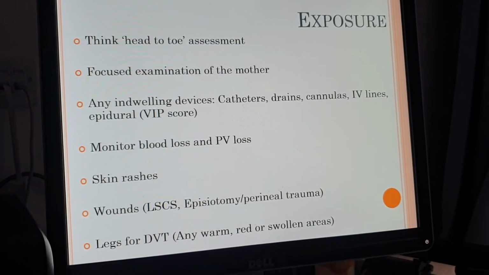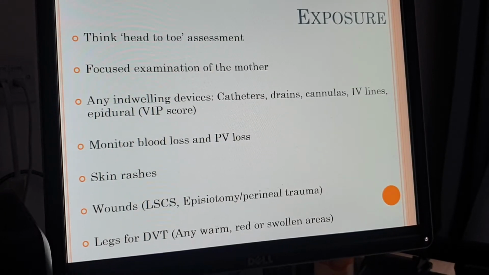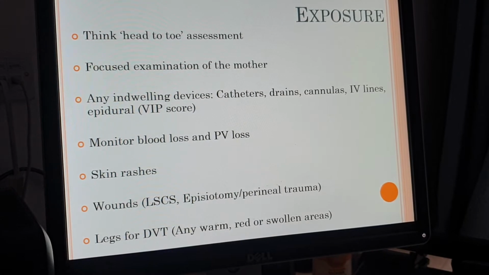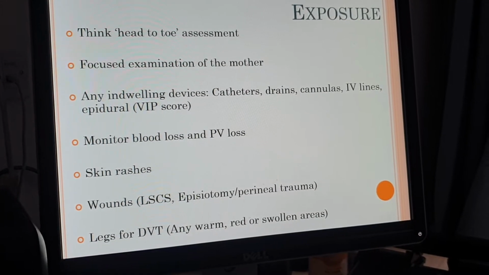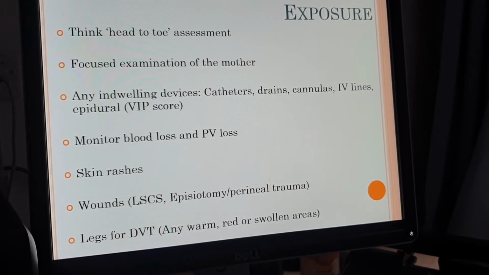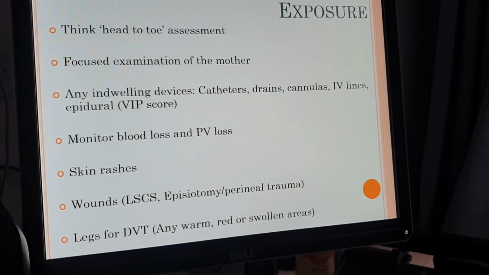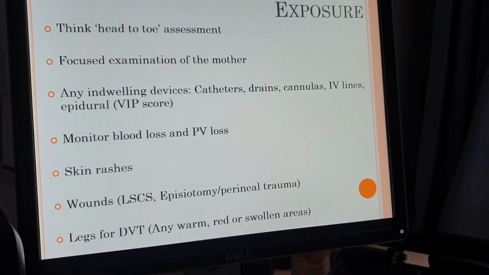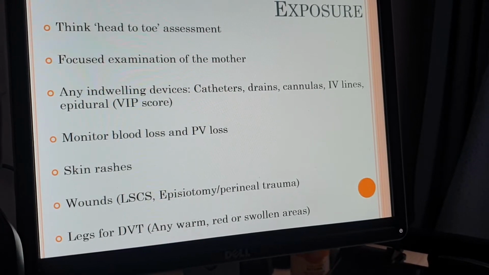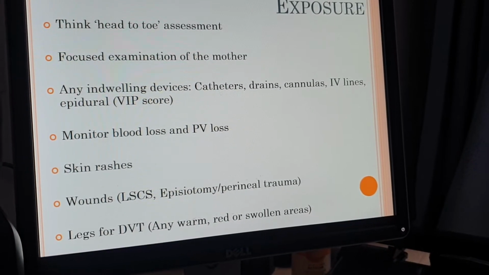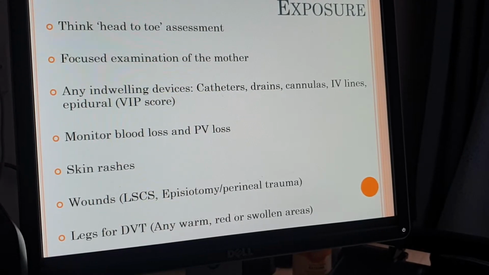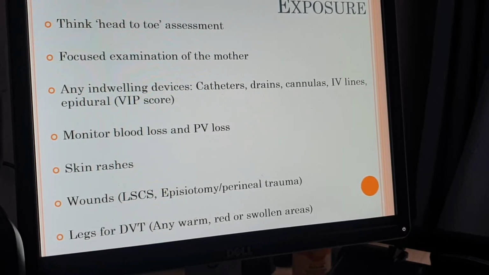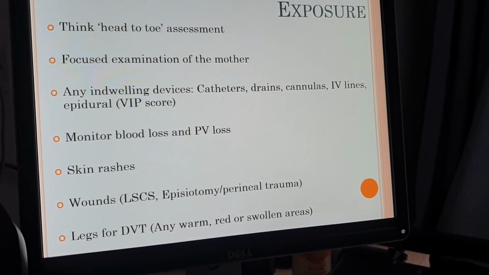Moving on to exposure in the assessment, this really is a head-to-toe assessment of the mother, a focused examination, and really to do a top-to-toe assessment of anything else that hasn't already been covered. So thinking about indwelling or external devices, including catheters, drains, cannulas, IV lines, epidurals, obviously the monitoring of blood loss and PV loss, ensuring we have a strict input and output chart, looking at the mother's skin for any changes